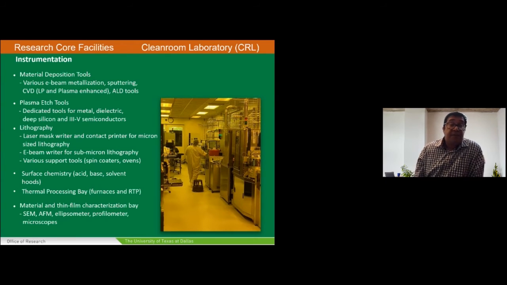And in the material and thin film characterization bay, we have another SEM, field emission, high resolution, again with the very latest EDS for elemental analysis. We have a new Oxford Nanotech AFM, ellipsometer, profilometer, microscopes,